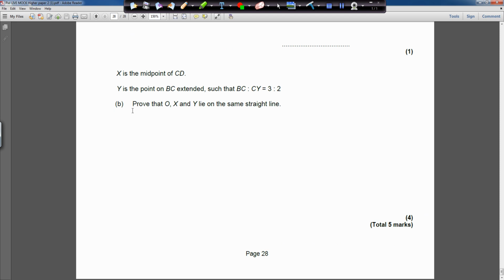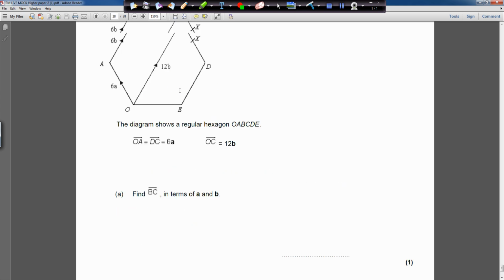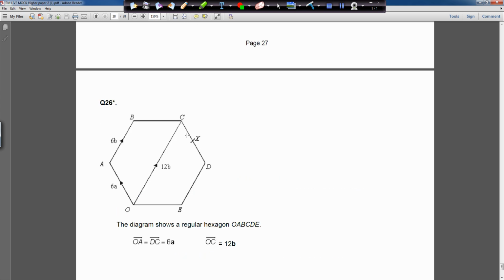So this is the next part of the question. X is the midpoint of CD. So we go back up to the diagram. X is halfway along this CD. We said before this was 6A and that was 6A. Now we're told that X is in the middle. So that was 6A from there to there, so we can now quite confidently say this half here is going to be